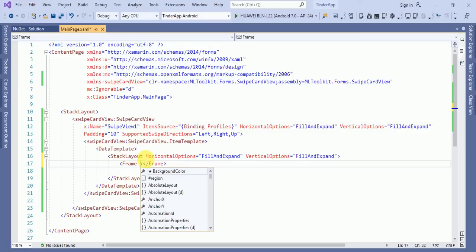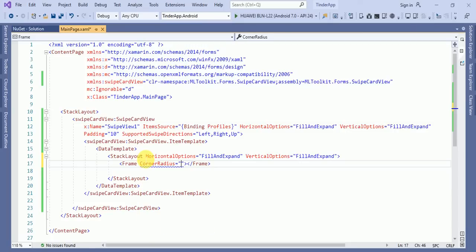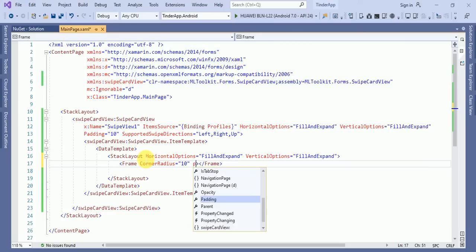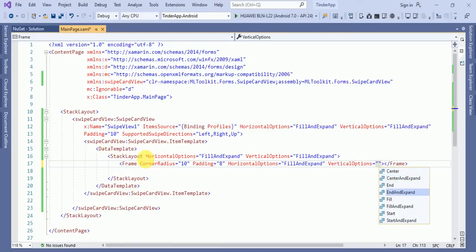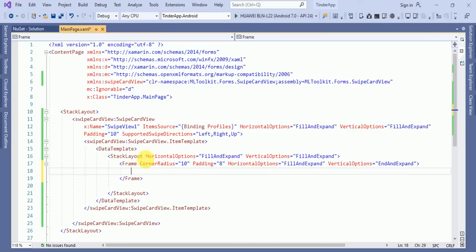For the frame we will take a CornerRadius of around 10, and Padding equals to 8, and HorizontalOptions equals to FillAndExpand, and VerticalOptions equals to FillAndExpand. Inside the frame we will define an AbsoluteLayout.